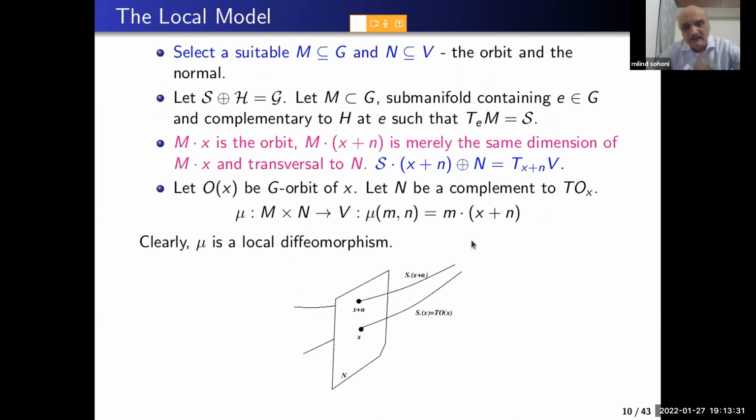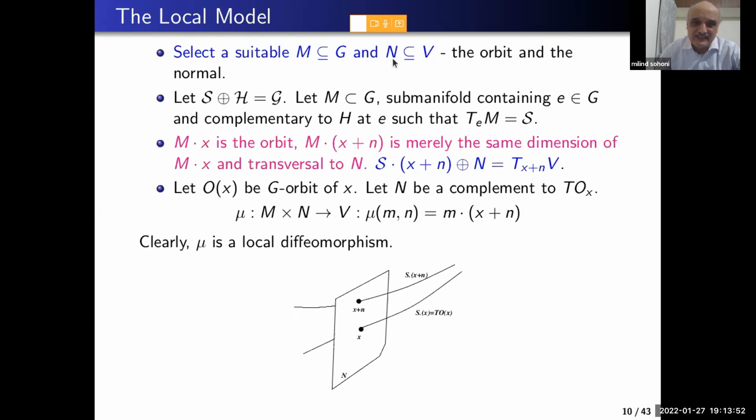So the local model really is a reparameterization. First of all, it's a Lie algebraic model. It's not a Lie group model. And it essentially is a reparameterization of the neighborhood of V. So what we do is, we choose M, a subgroup, a submanifold of the group G, to simulate the orbit,